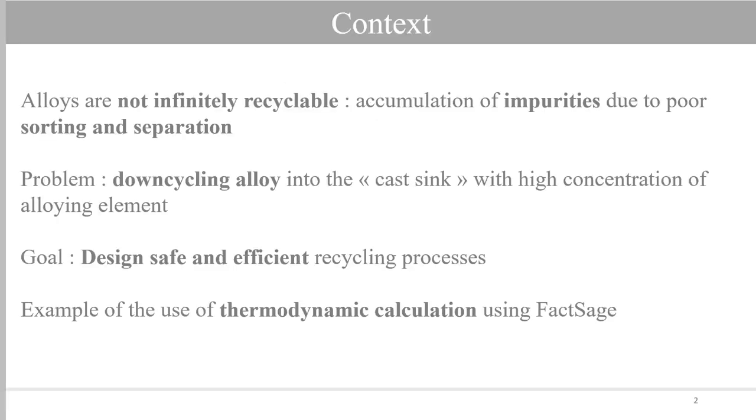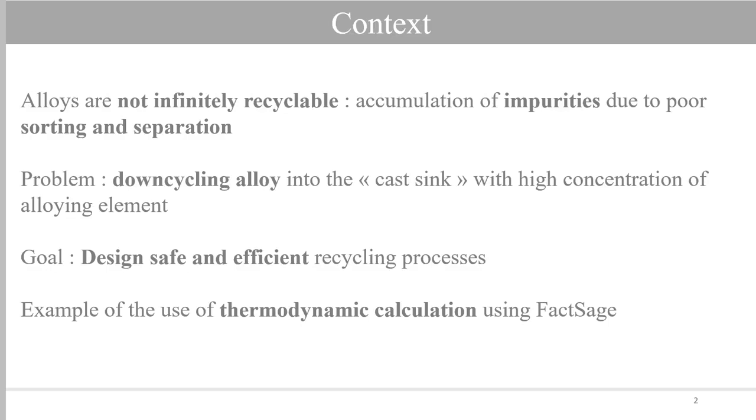So just to put everything in context, we know that alloys are not infinitely recyclable. And why is that? It is because when you mix and match alloys with different concentration and specification, and there's no purification, there will be an accumulation of alloying elements. This causes the recycled material to not fit the requirement and the specification for the original alloy that you intend to recycle, and you end up doing downcycling instead